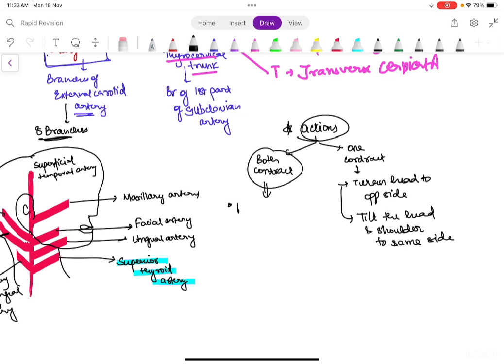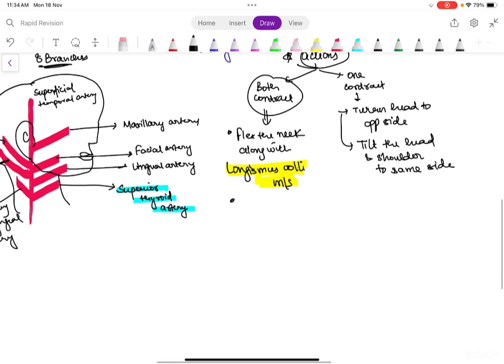Then when both contract you can flex the neck along with longus colli muscle. Remember the name of the muscle. All right, and it helps in forceful